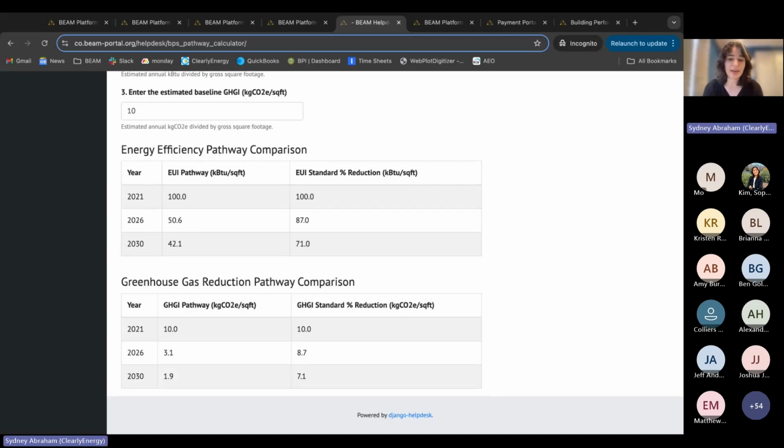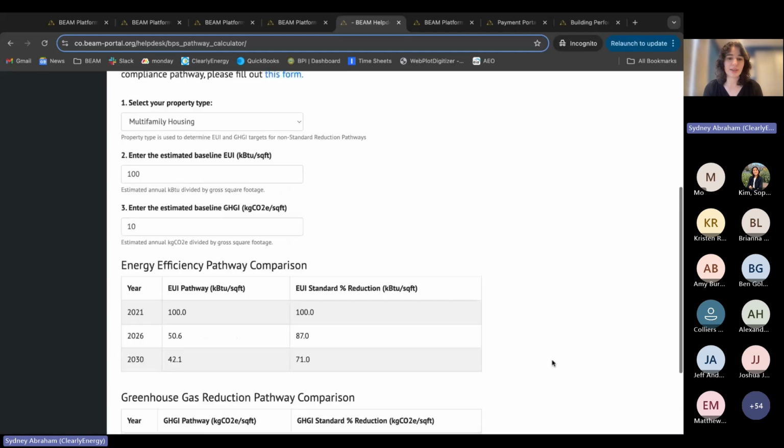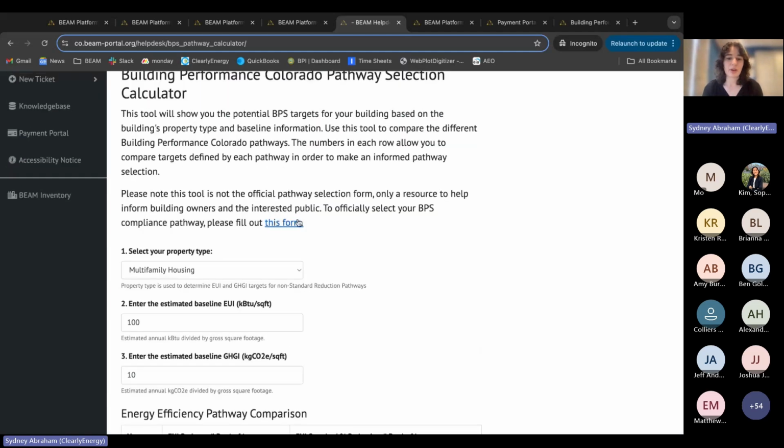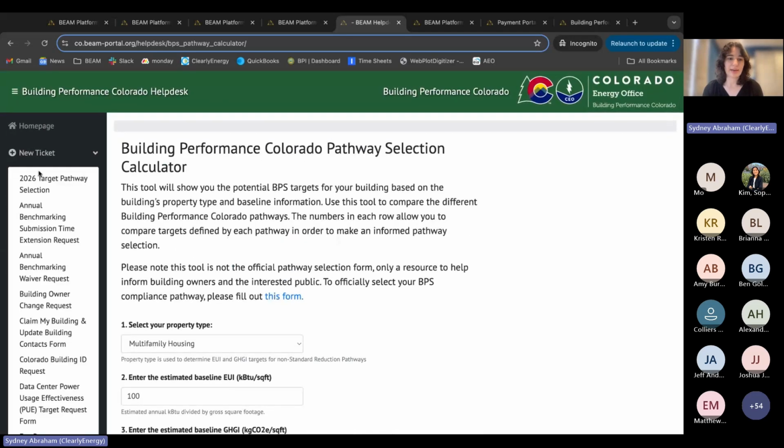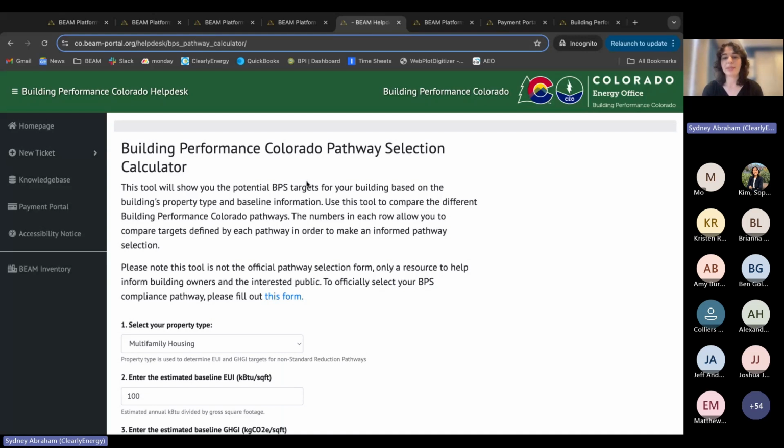So once you have made a decision about which pathway you would like to use, we would recommend that you go ahead and fill out this form, which is linked right here. You can also find it under new ticket. It's the 2026 target pathway selection, and that will confirm to the state which pathway you would like to take. So with that,